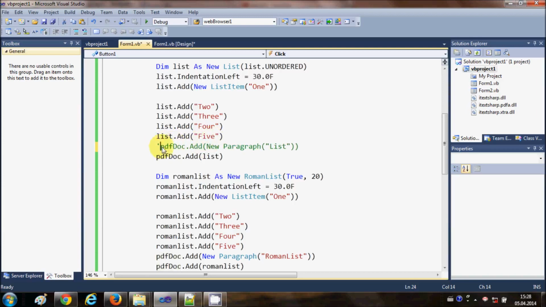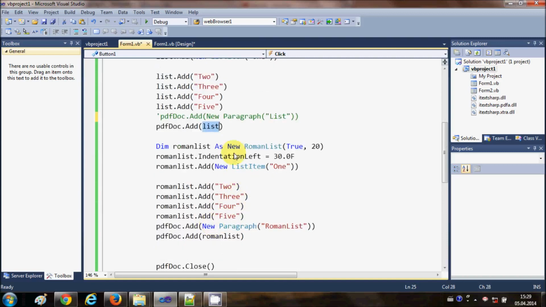This is the title, because we are going to insert this normal list inside this Roman list. So I have commented out the title, and I will copy the title of the list and add it, instead of the fifth item I'll add the list here. So just in the Roman list, I'm going to give the title of my list,